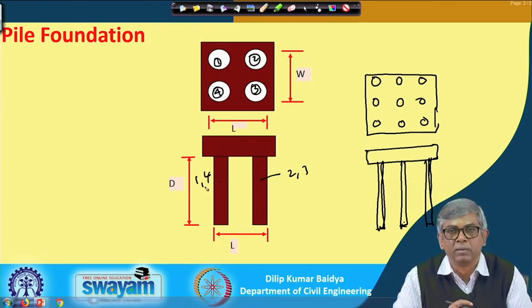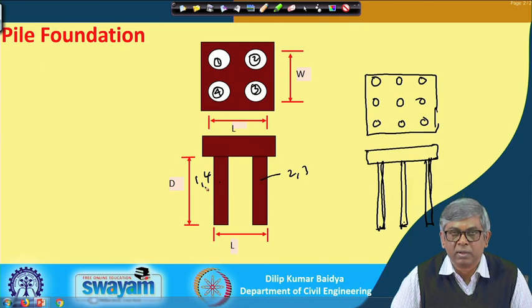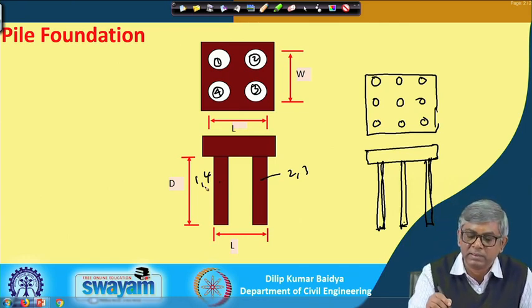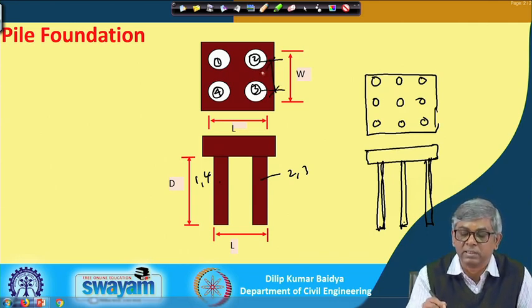Okay. Now, I have to calculate the block capacity of the pile, and to find that, I have to find out the dimension of the block. So, how to find out the dimension of the block? You can see here the outer diameter is d, and this is the spacing, from here to here, center to center.